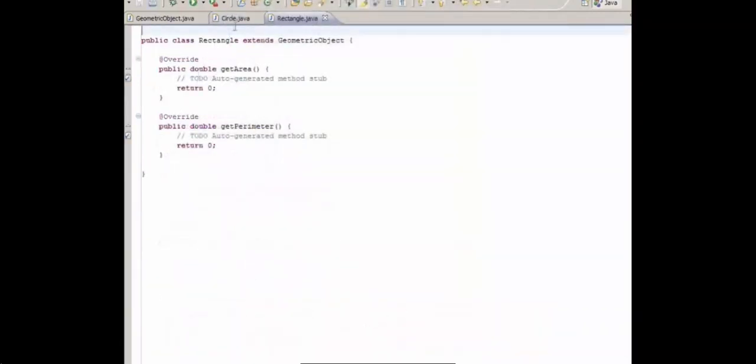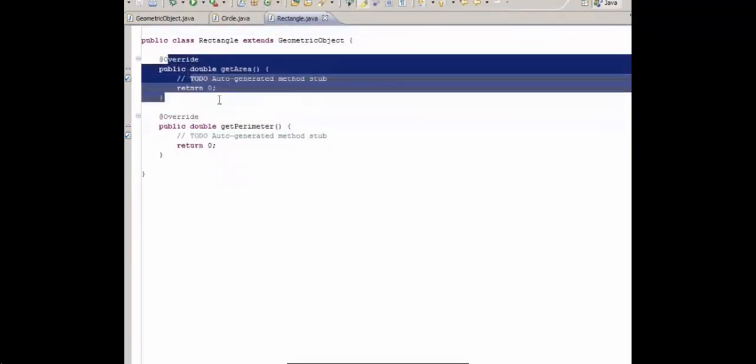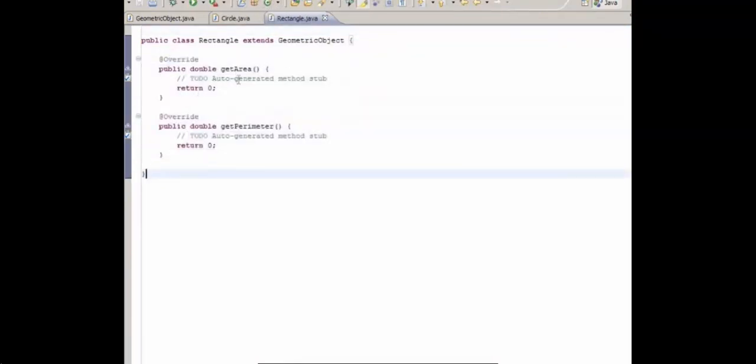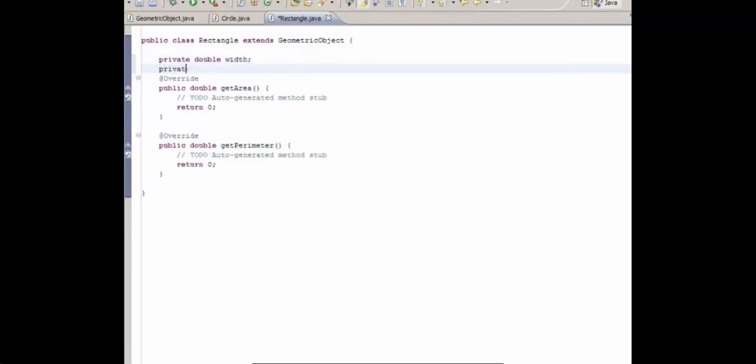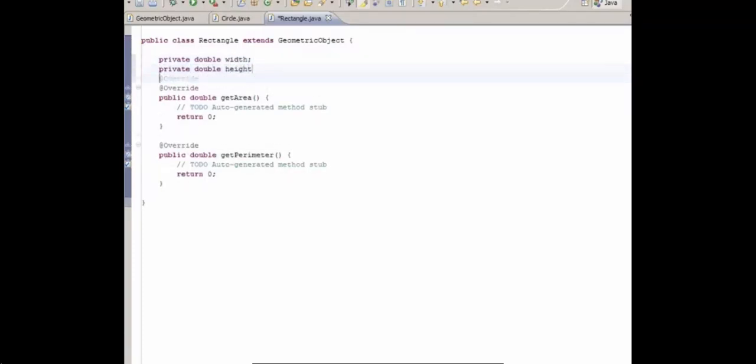Now if we do that when we create the class, Eclipse is going to put in some method stubs for us. So we know now that we need a getArea and getPerimeter method. I just wanted to demonstrate how Eclipse deals with this kind of thing. So Rectangle, private double width, private double height,